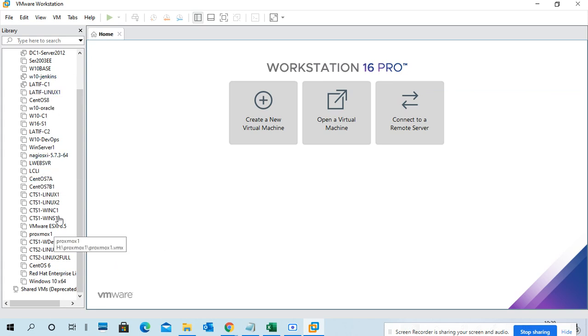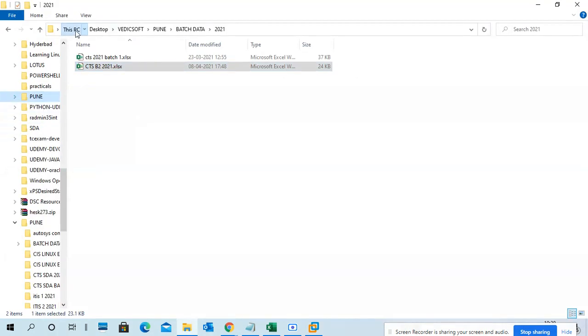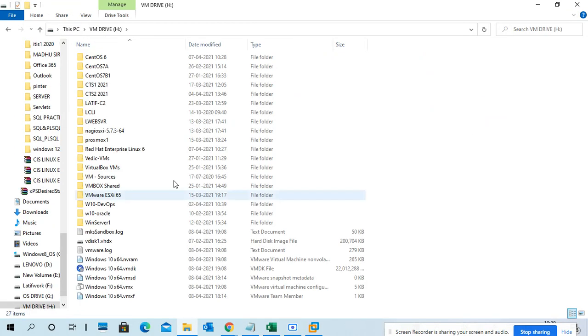I have to remove the virtual machines from here. It has become a big list, and second, the space is also being occupied on my disk. So I put all virtual machines in the H drive only, and I already created this folder.